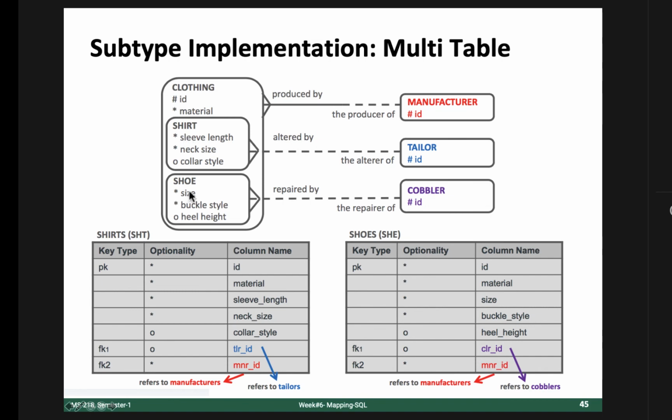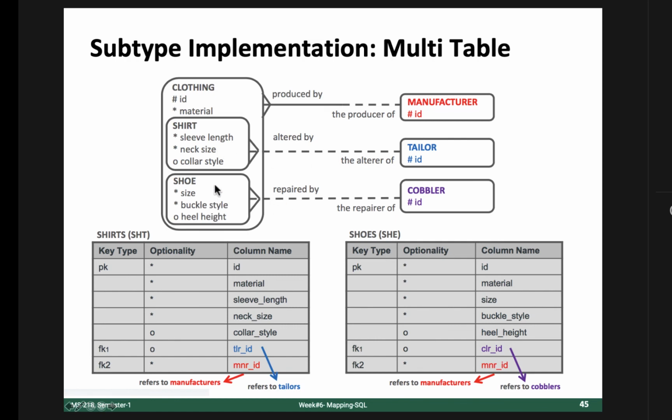Shirt and shoe are subtypes of it, and obviously it has some common relationship with manufacturer, but cobbler and tailor would be related with shoe and shirt respectively.